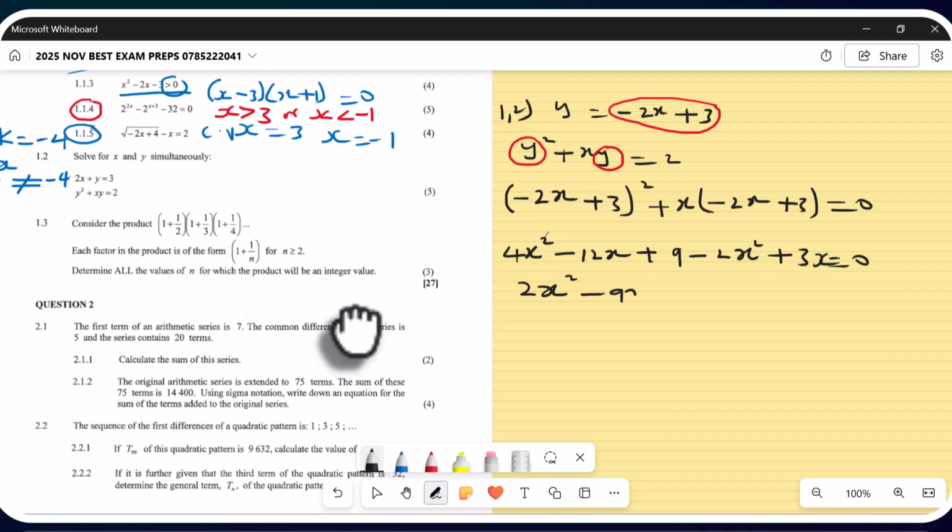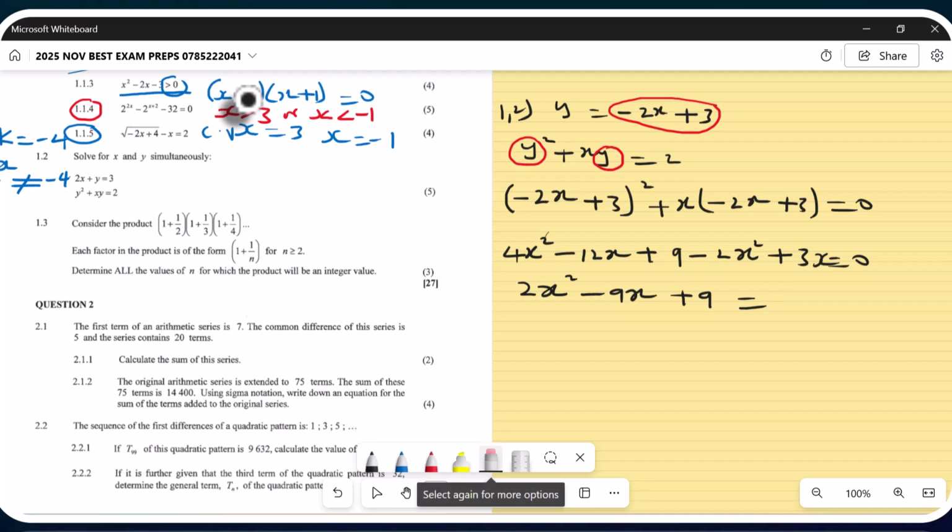Hope we are together, guys. Now, don't forget that this one was equal to 2 here, right? I don't know if it's just excitement or what. Excitement kills, ne? So here I must equate to 2. What's 9 minus 2? I get a 7 here, so I'm going to solve now x squared minus 9x plus 7